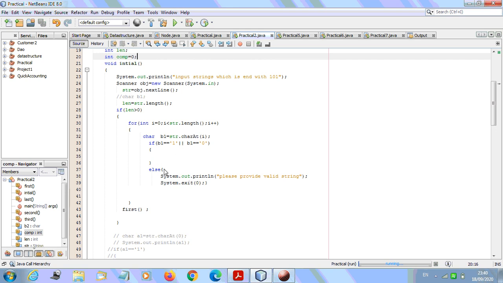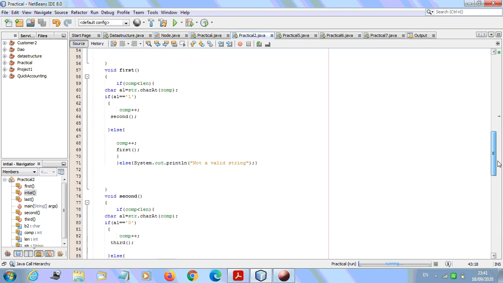If it is not 1 or 0, it means the user has given some wrong kind of input. So we will give a message to the user that please provide a valid string, and we will exit from the system here itself. If everything goes fine, then we move outside of this for loop. If the length is greater than 0 and it is valid, then we are going to call this first method, that is the initial state method.